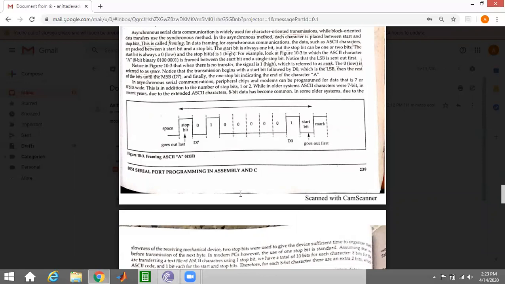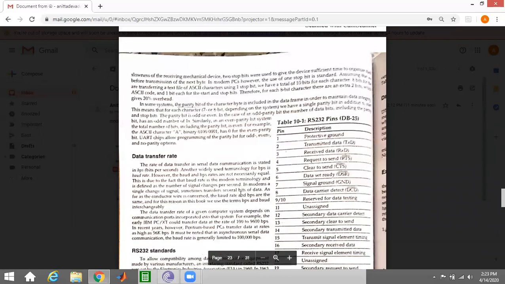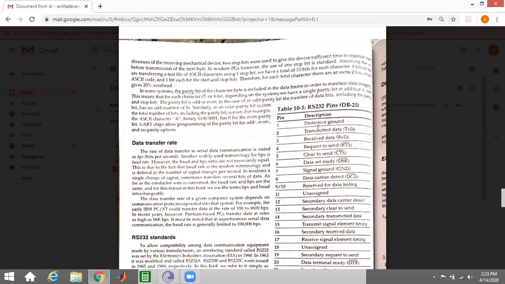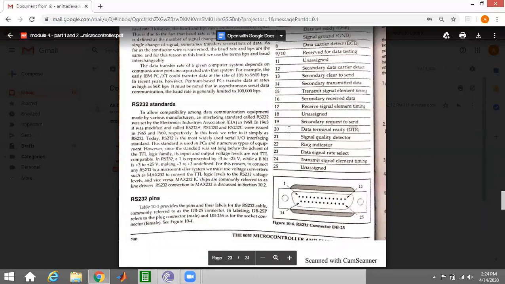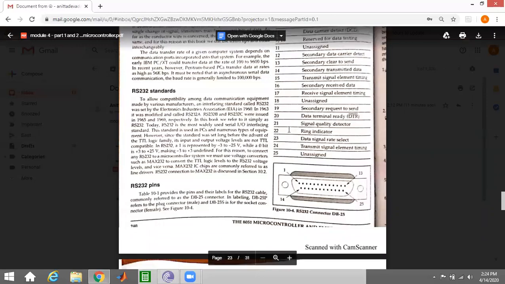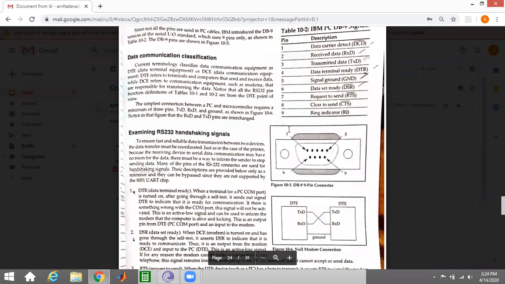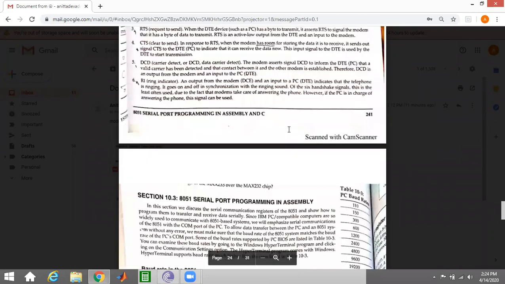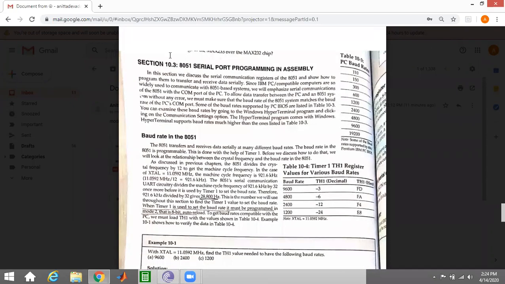Okay, ma'am. From here to here, all these things, this is only the pin diagram. So the RS-232 pin: what is the pin number and all these things. If you just go through the theory, you will understand it very easily. If you have doubts, you ask. This theory part, I'll explain the programming part of this. So from here, the programming part starts.